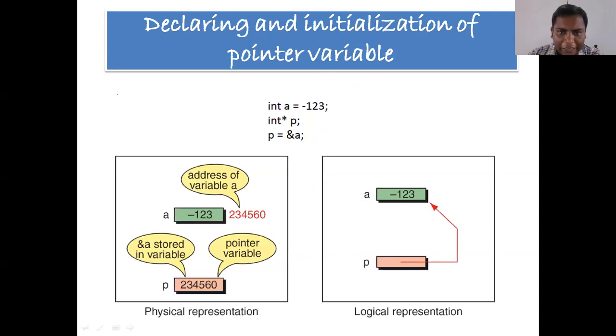So let us look at this example. Here, what is a? A is a variable name, the value at this particular memory location is minus 123, and the address of the variable is 234,560.